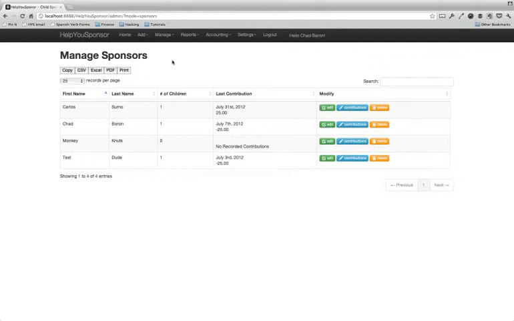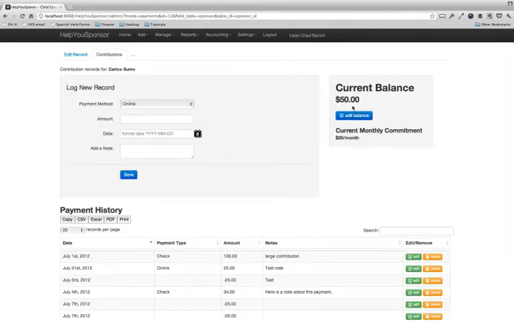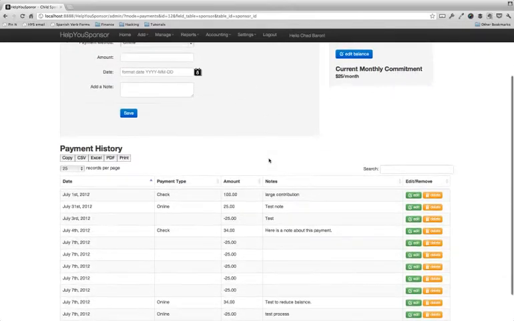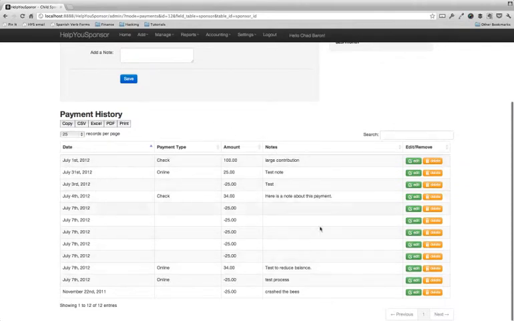Here we're on the Manage Sponsors page, and we'll go into a test sponsor, click on Contributions, and you'll see it brings us to their Contributions page. Here you can log a new record just like before. We've added an ability to add a note to a record. You'll see the payment history logged below. You also have the ability to edit a payment